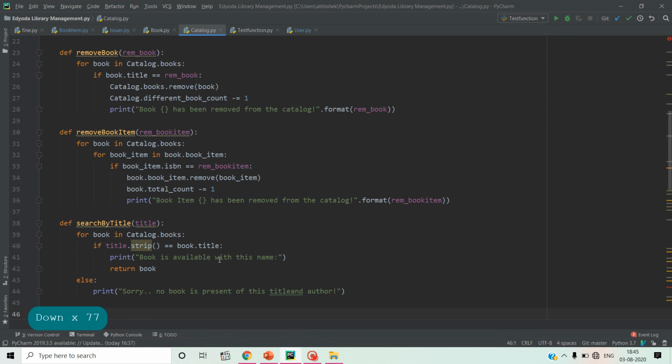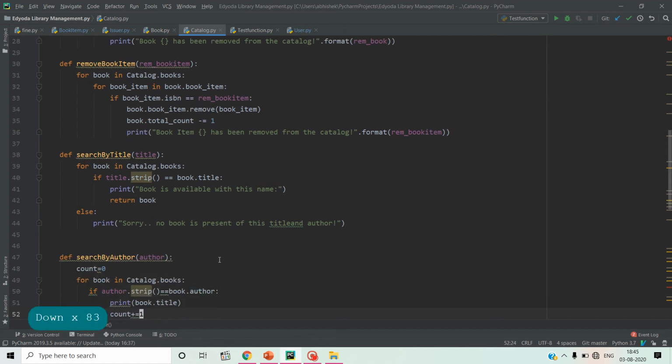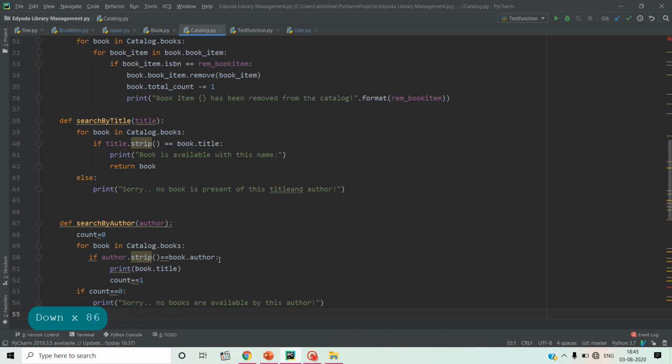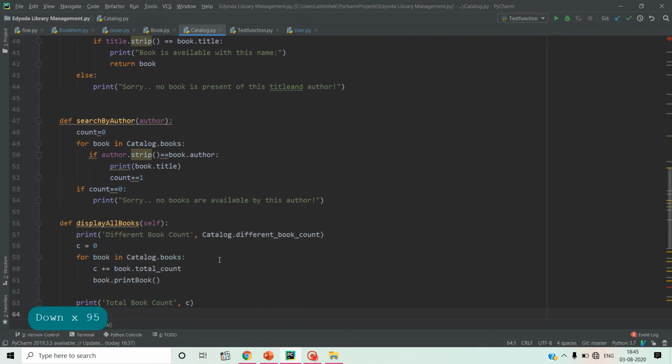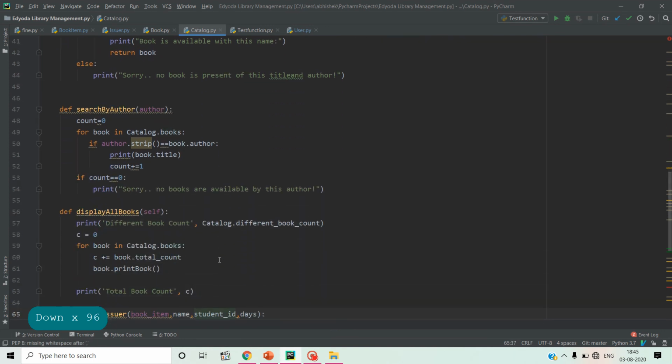Because he wants to search which book he wants to issue, he will search through title, that is the name of the book. Similarly in the same way he will also search by author name. And now we display all the books in the library. For this we pass a function display all books, and we call it through the catalog